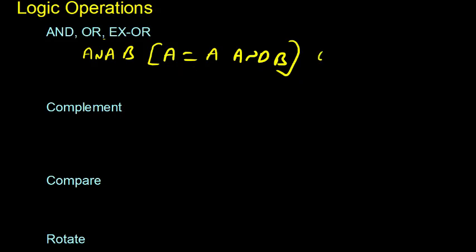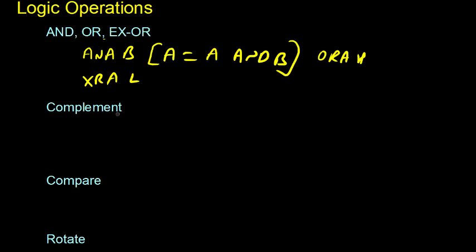Then if I write ORA H, this means logically OR the contents of A with H and store the result in A. Similarly we can also write XRA L, this means XOR the contents of register A with L and store the result in register A. There are some more AND, OR operations, we will see them afterwards.